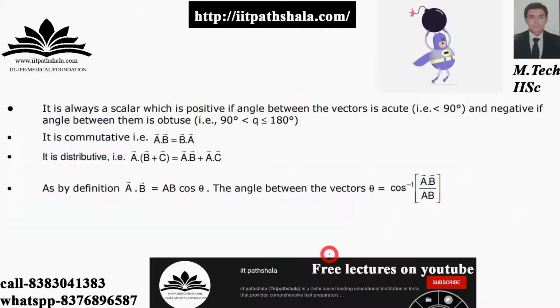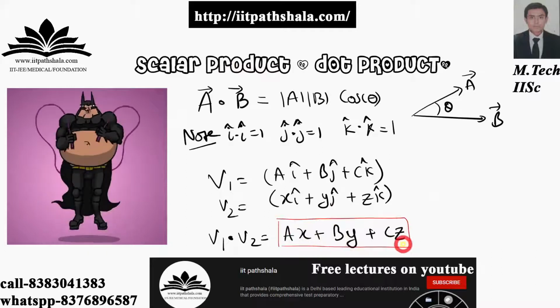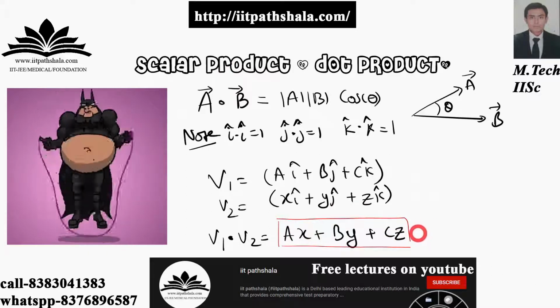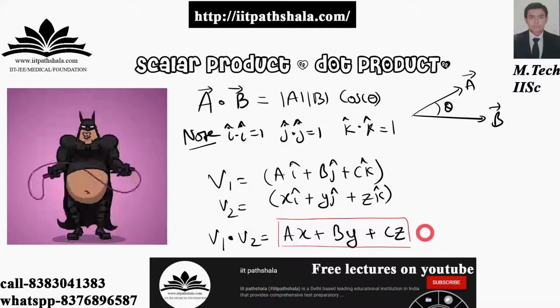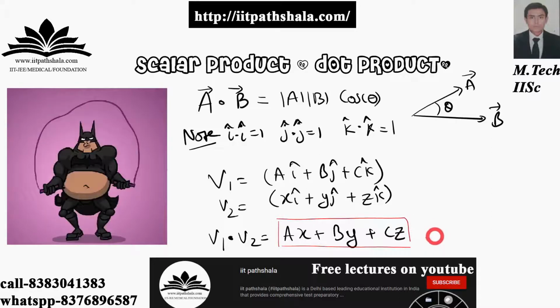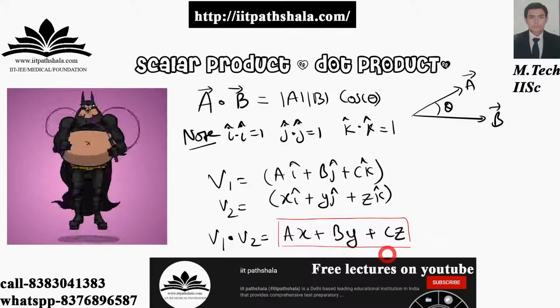Fine. Now as we have studied the dot product, let us discuss the properties of the dot product. Whatsoever you get after the dot product, you will get a scalar quantity itself. As you have seen over here, this is a number itself, because no vector is associated with it. You are not seeing any i cap, j cap, k cap over here. Everything you are getting is just a number.